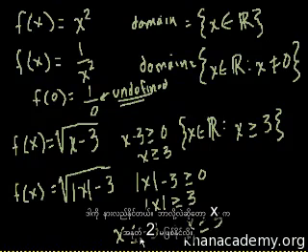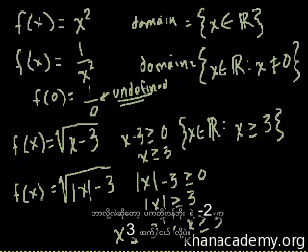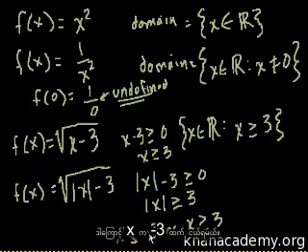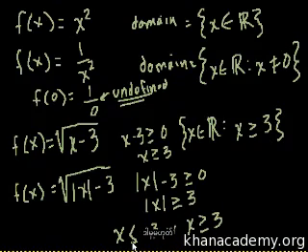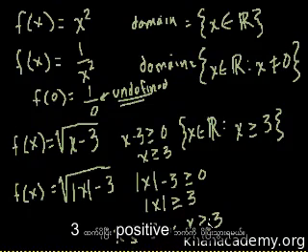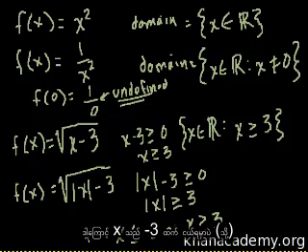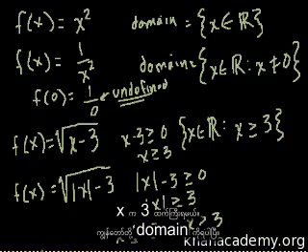Right? It makes sense because x can't be negative 2, because negative 2 has an absolute value less than 3. So x has to be less than negative 3. It has to be further in the negative direction than negative 3, or it has to be further in the positive direction than positive 3. So, once again,